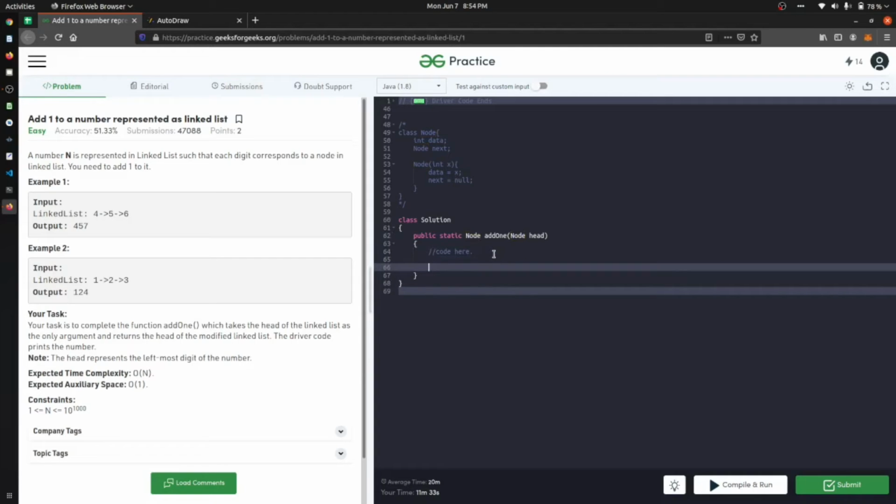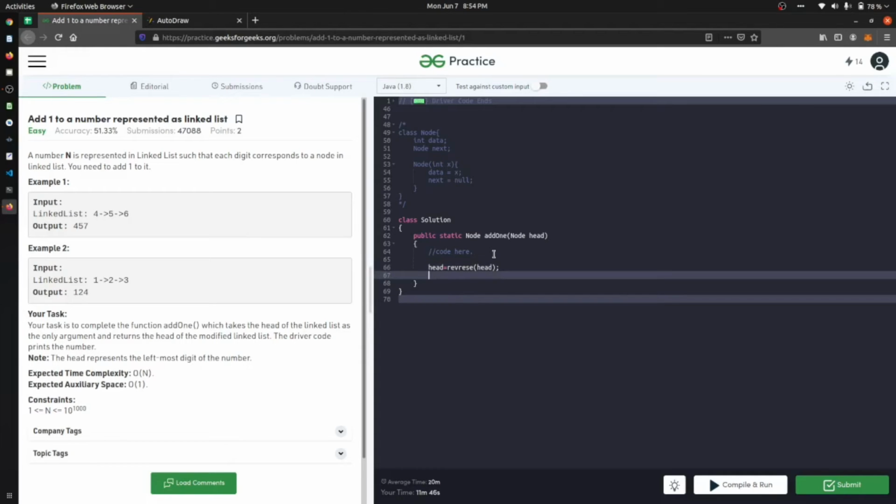So we know that at the starting we have to reverse the whole linked list. We will reverse the head. After that, we will create a function add 1.